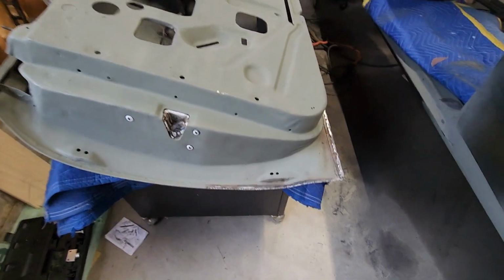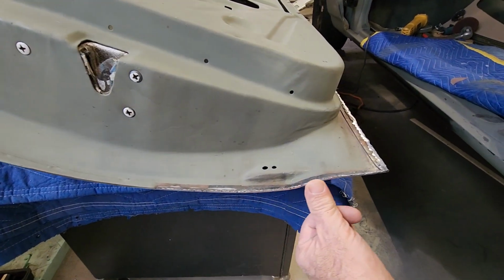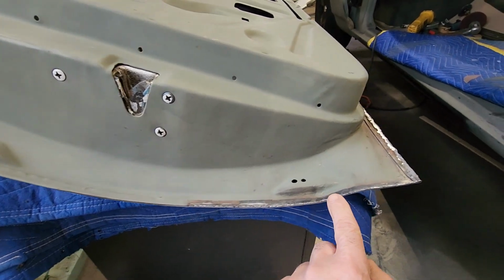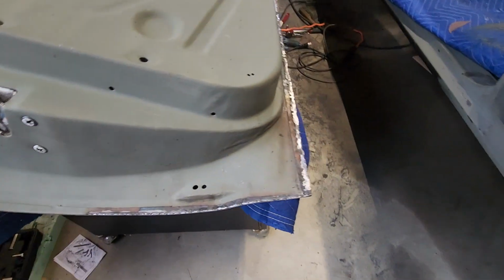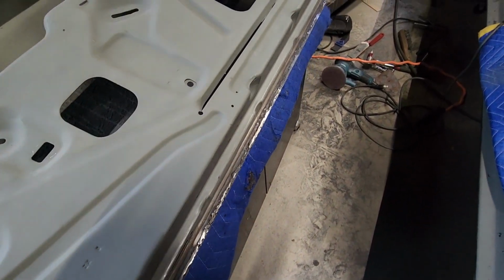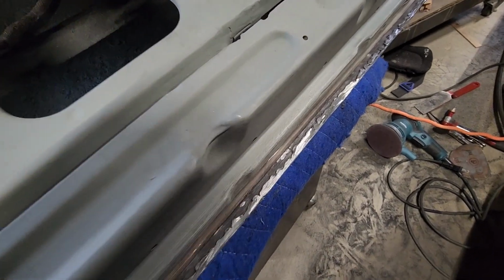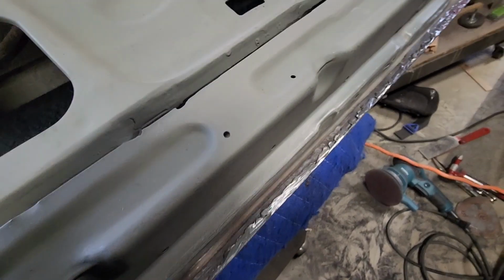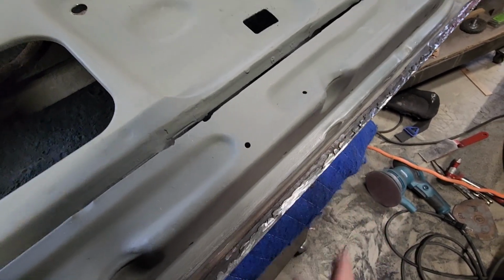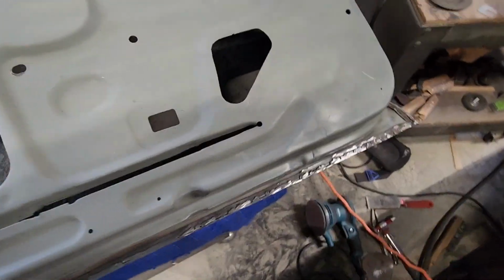All right, here's where I had to shave the door down a little bit right here, and then I welded it and then ground it. I still have to grind more up here to get it nice and smooth. And then this is all the welding I did all the way down, and then I just got to clean it up. See, I started to grind it. See how this is right here, but I put a piece of metal in here, filler rod actually it's called, and I started